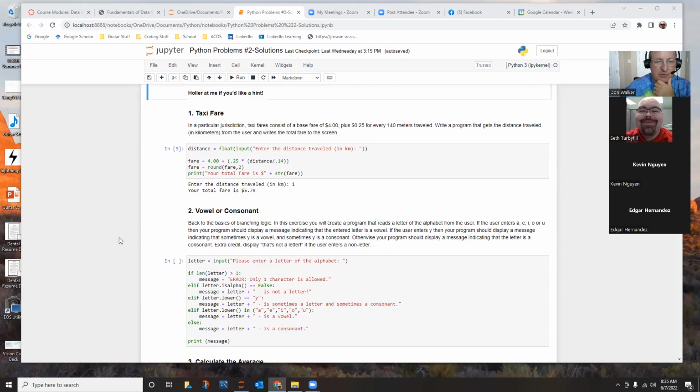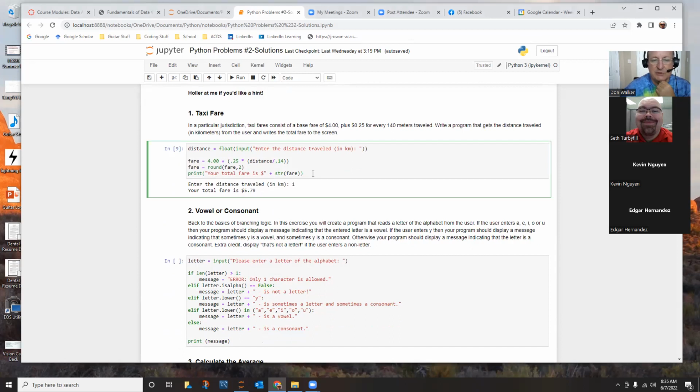First one, taxi fare, is pretty straightforward. One thing I saw folks doing was getting the distance traveled in kilometers and then dividing it by 1,000 to get it into meters, but that caused a math error. So for the solution, we need to get them to enter a distance in kilometers, and then just divide that distance by 0.14 to get